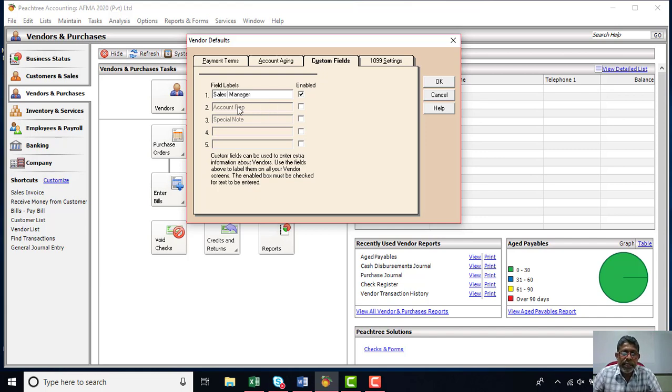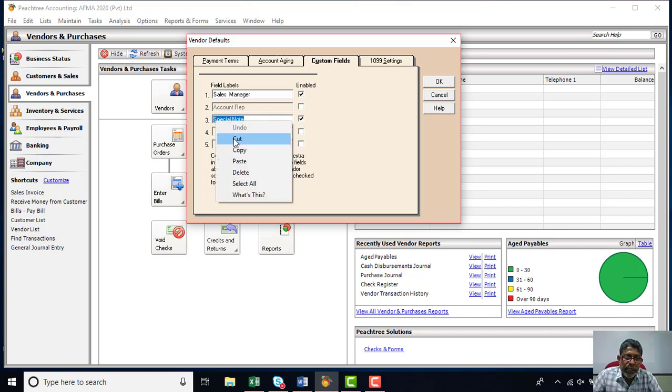Then account rep no need, special note is there in the item 3, so you can tick on the item 3, the other special notes are concerned. So we can enter the field number 1, field number 3. If you want to bring this into the field number 2, then we can cut this and tick on here. We can paste it here and then remove this tick. So we have only 2 fields whereby we can enter the sales manager name and as well as we can